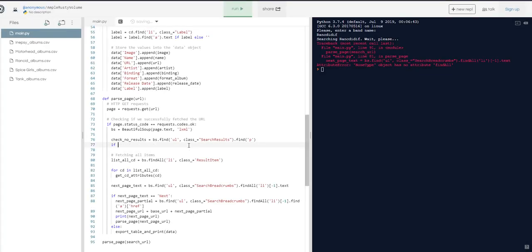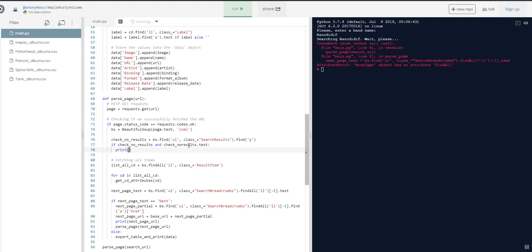And now if we have check no results and check no results has text, we print search returned no results. That is when we find a page that has no results because we are at the end,